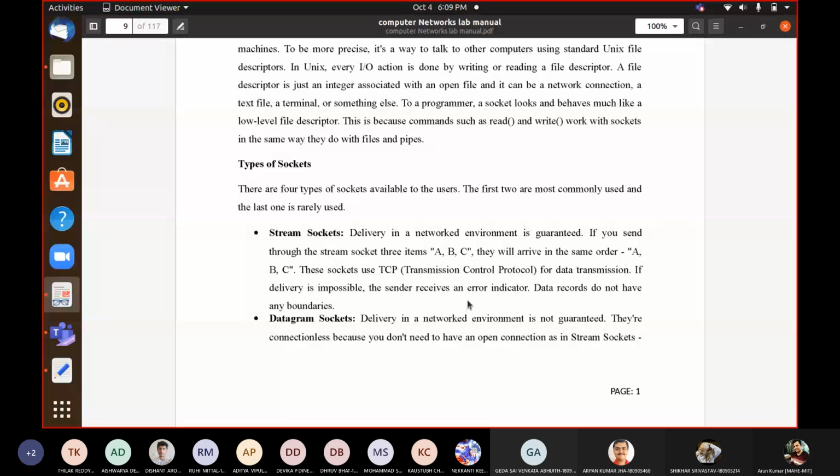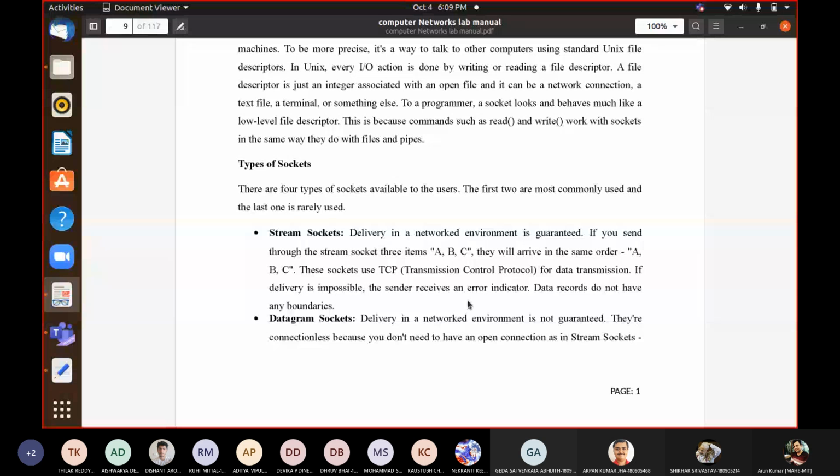So we are going to use two protocols. By and large, in networks we mostly use TCP and UDP at the transport layer. With respect to TCP and UDP, we have names at the socket level.